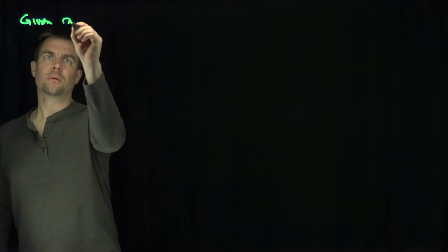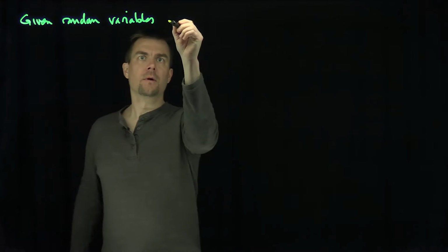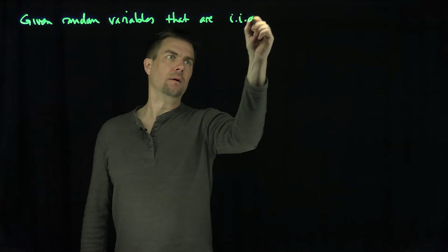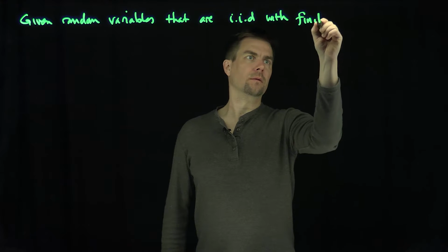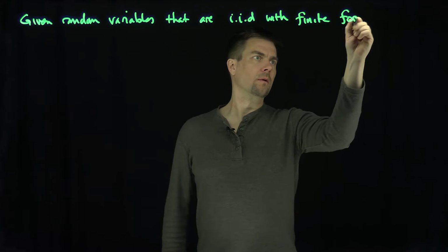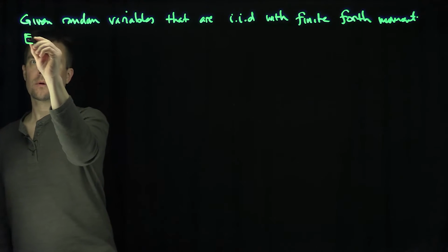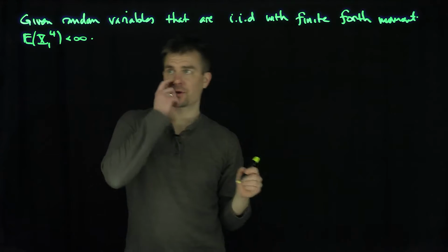Hello students, in this video we'll prove the strong law of large numbers under the assumption that the random variables have finite fourth moment. Let's be given random variables that are IID with finite fourth moment. What that means is the expected value of X1 to the power 4 is less than infinity. Okay. Then the strong law of large numbers